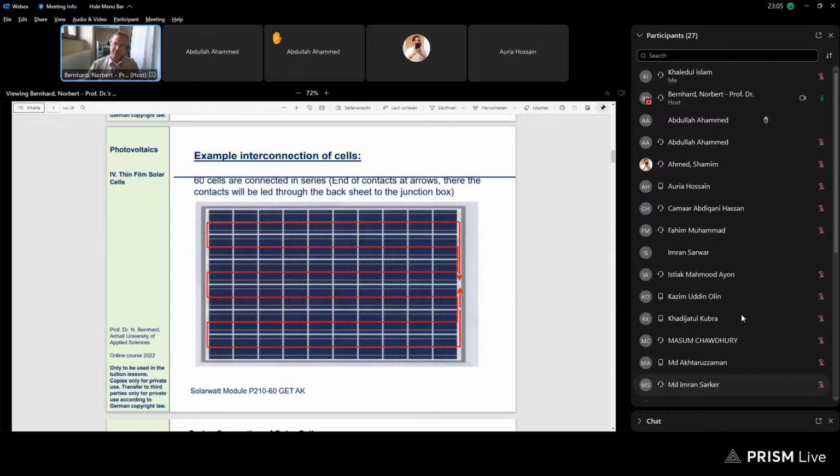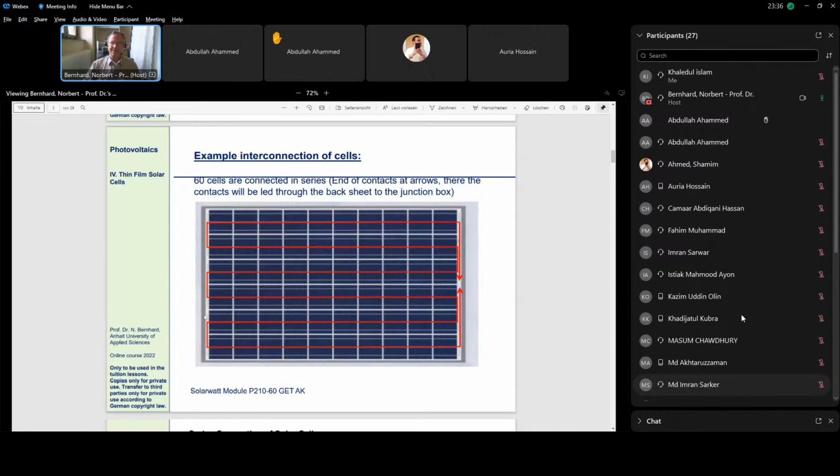There are exemptions, but this is a small percentage in the market. For example, there's an exemption for so-called half-cell modules. Usually half of a module is in series, and then the two series strings are connected to each other in parallel. And the reason is that for the total module, one wants to get the same properties as for the standard module, where all 60 cells are connected